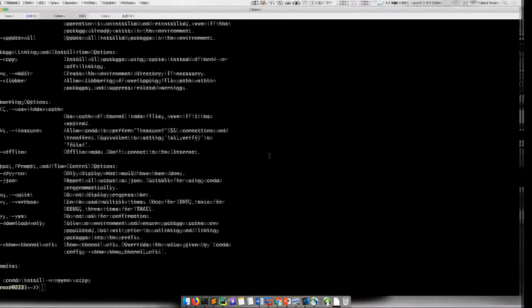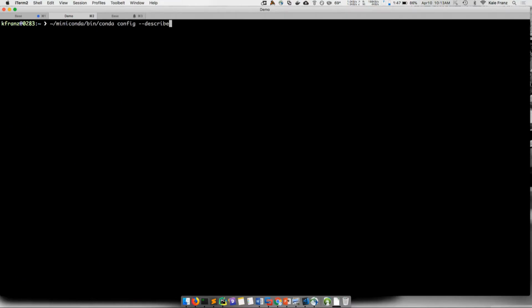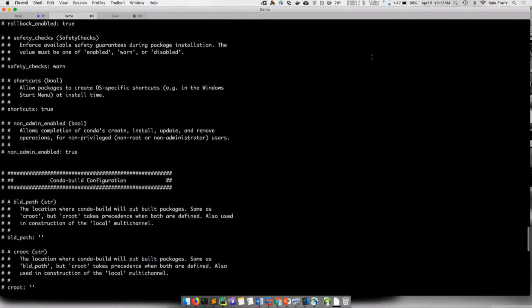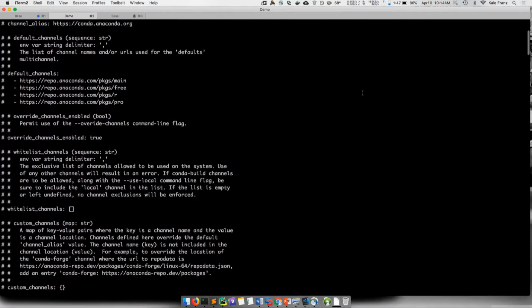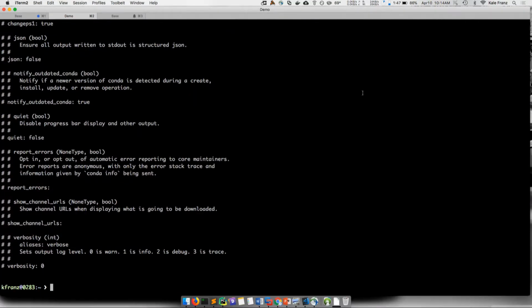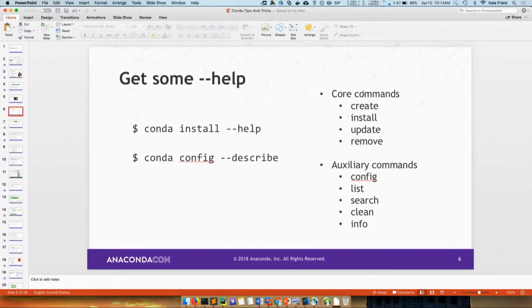And then the other thing we're going to be talking about is configuration, and there's a nifty command for that. It's called conda config describe, and this shows you all of the available configuration parameters, and there's a lot. In fact, I'll bet you didn't know there were this many configuration parameters if you've never seen this before. I haven't counted them. I should sometime. There's a lot of configuration. And this is where a lot of the richness of conda comes in, is actually digging into the configuration.